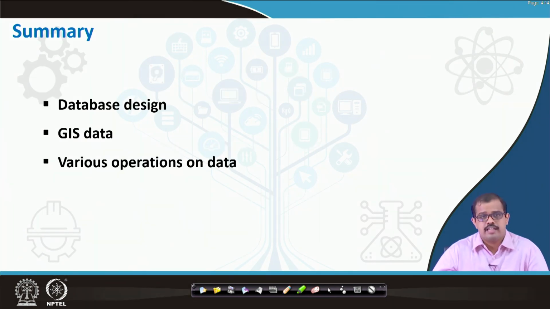In summary, we looked at database design and various operations on databases. We looked at what GIS data can handle. We have two kinds of GIS data, geometric data and attribute data. We looked at how we store both of these different forms, and how we extract information from them, whether you are using logical operations, arithmetic operations, boolean operations, or statistical operations. We also understood how we use different sources of data, and how different databases are stored. So this is what we learnt in this particular class.